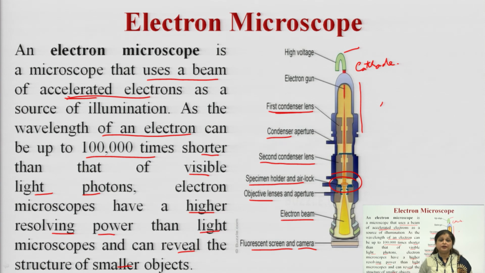Smaller objects can also be seen. Light microscopes were giving only the surface image of the object or image of the cells, whereas electron microscope can even discover whatever organelles are there within the cells. We will be able to see the mitochondria, we will be able to see the cytoplasmic membrane, we will be able to differentiate the cytoplasm. So, electron microscope has much more resolving power as compared to the light microscope, as it is based on the electron source, and the electron which passes through the specimen will be responsible for the illumination of the object or creating the image of the specimen.